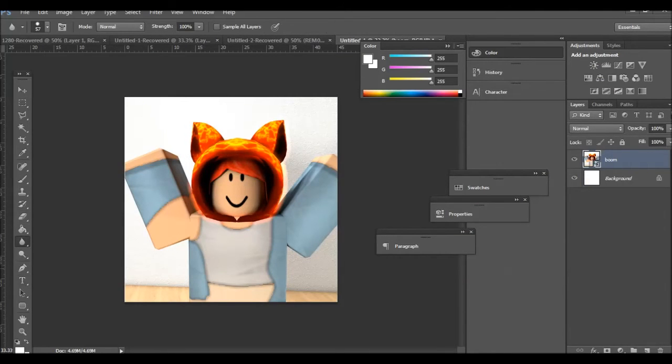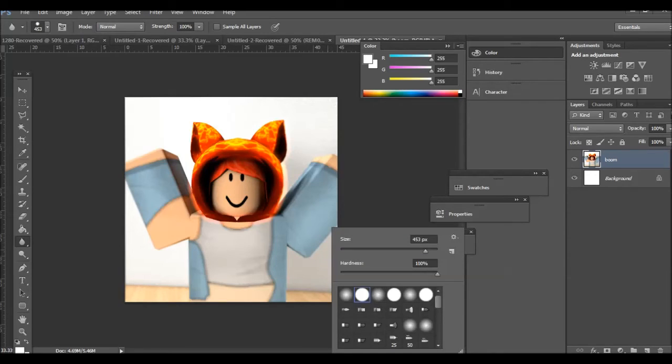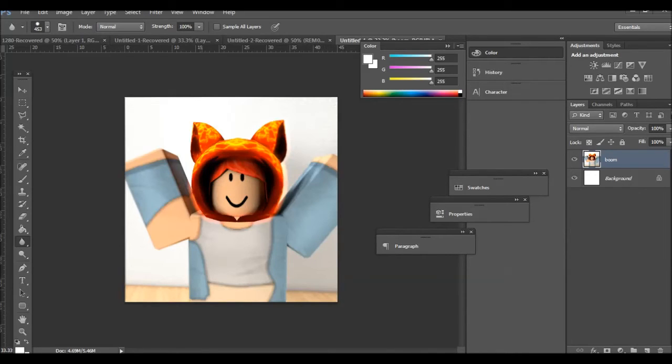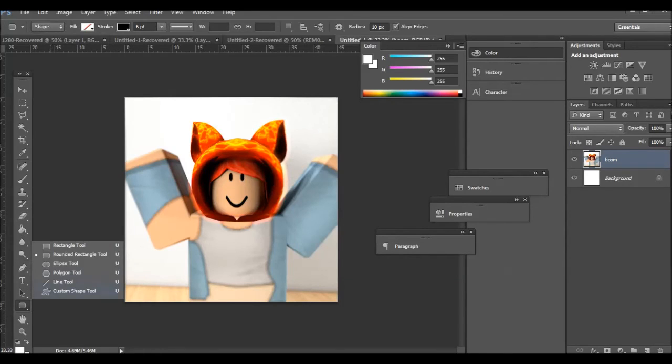So then I'm gonna just blur around the edges because that just focuses you on the head, and the head is the most important part. Okay, then I'm gonna add the circle.